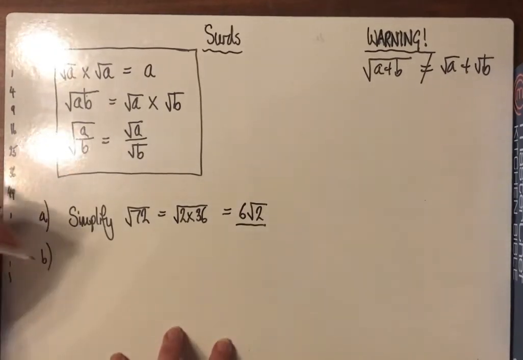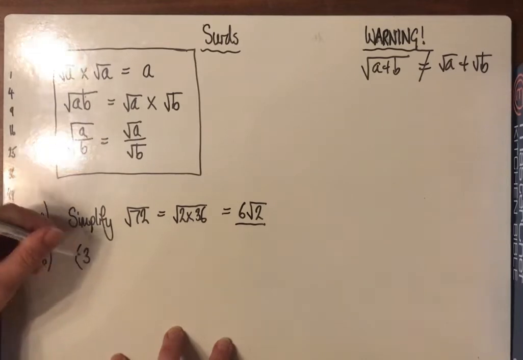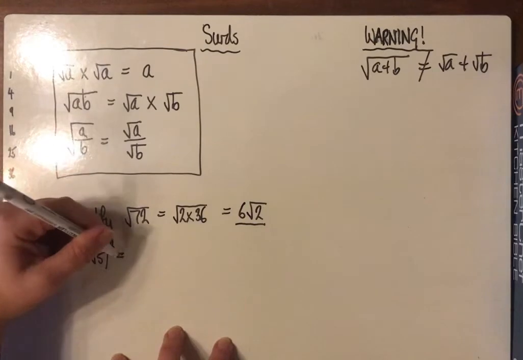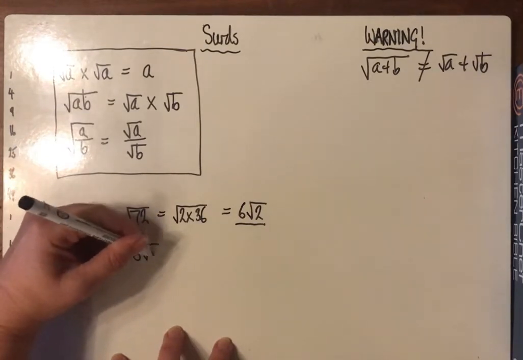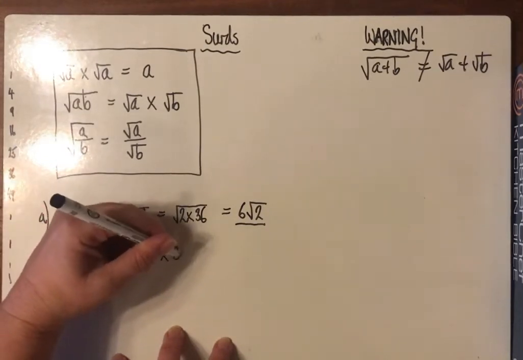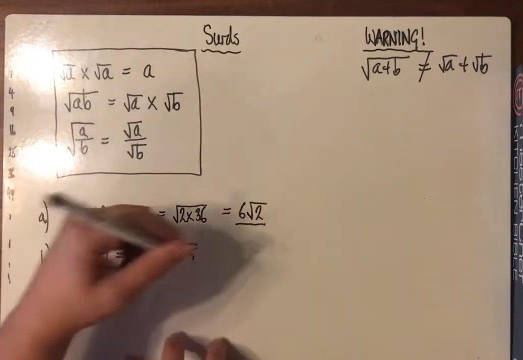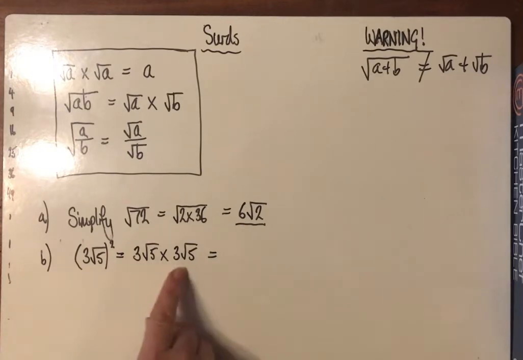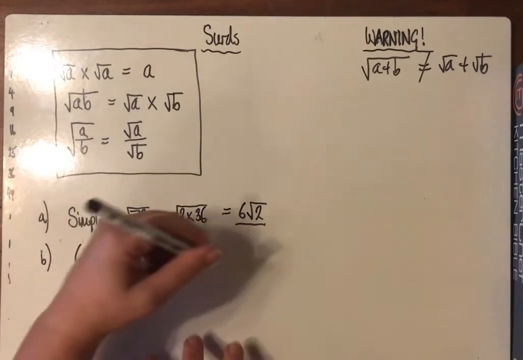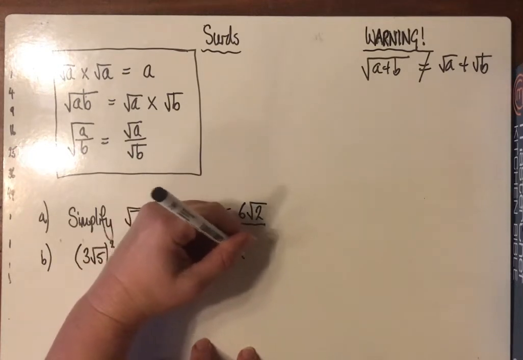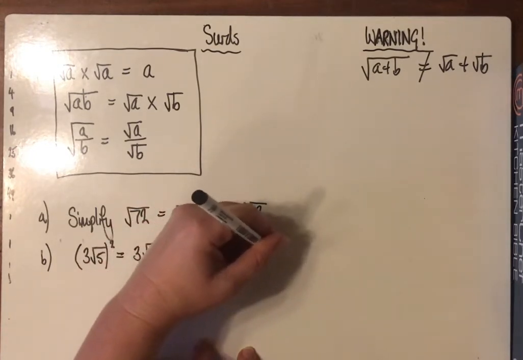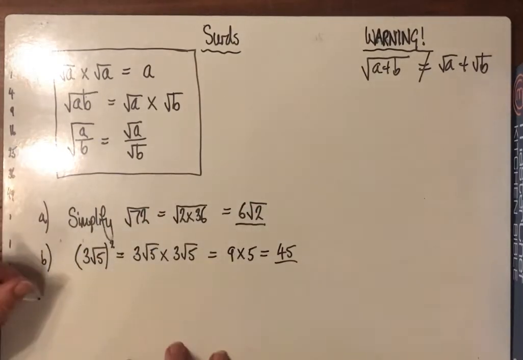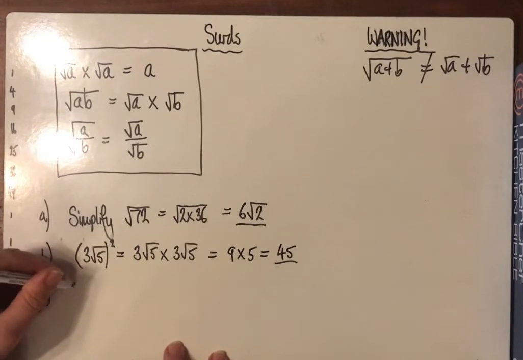Moving on from there, if we've got something like 3 root 5 squared, that's equal to 3 root 5 times 3 root 5. And multiplication is commutative. So that's the same as having 3 times root 5 times root 5. 3 times 3 is 9, root 5 times root 5 is 5, and 9 times 5 is 45. And then multiplying out brackets,